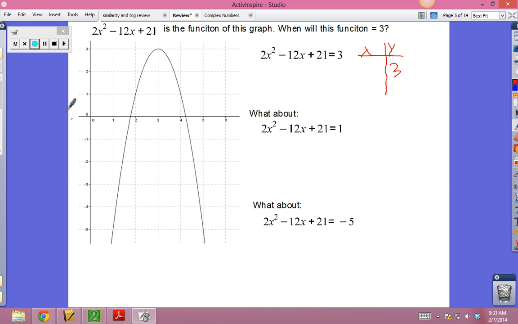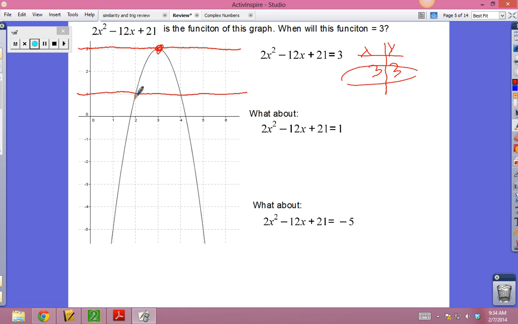So you come up here on the y, come up 3, and I want to look and see where my y is 3 crosses my parabola. And the answer, it crosses it once, so it crosses it right at 3. So if there is only one intersection, that must be happening at the vertex. Let's look at this next one. When does it cross at 1? It crosses at 1